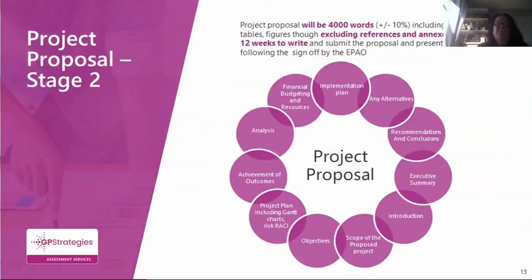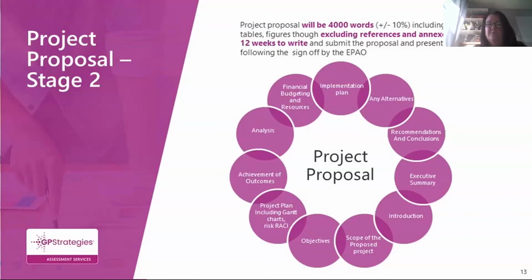So the project proposal, like I say, is looking at 4,000 words, plus or minus 10%, including graphs, tables, figures, but excluding the references and the annexes that they'll put in. So there's 12 weeks then to write and submit the full proposal and the presentation following that sign off of the initial scope. Now you'll see there that I've put all the different areas, what needs to be included within